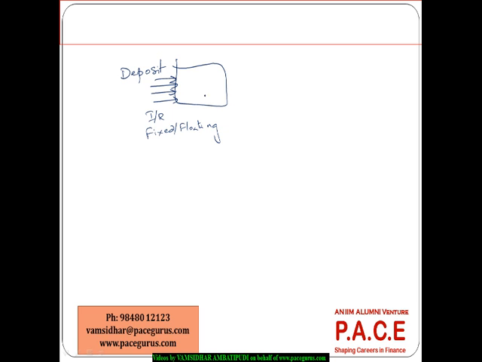In turn, the banks are using this fund, whatever came through various deposits or sometimes through some borrowings. The fund that has come into the bank is used to issue loans, different kinds of loans. It could be automobile loans, mortgage loans, student loans, or agricultural loans. I can think of many kinds of loans which the bank is issuing.